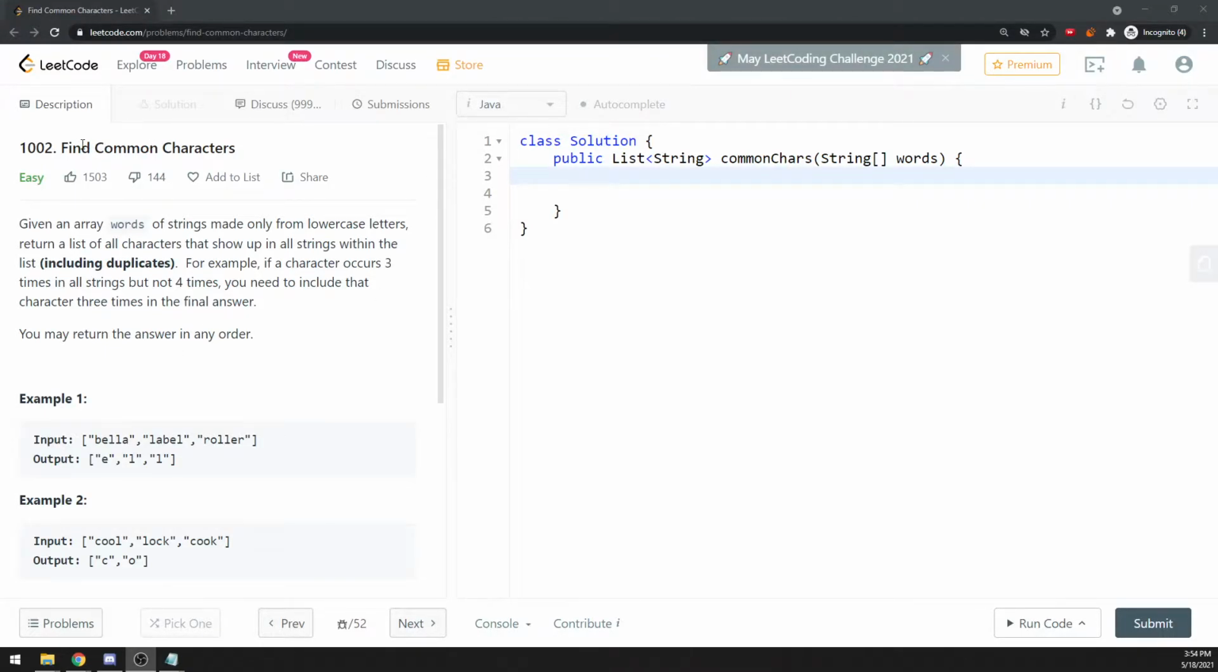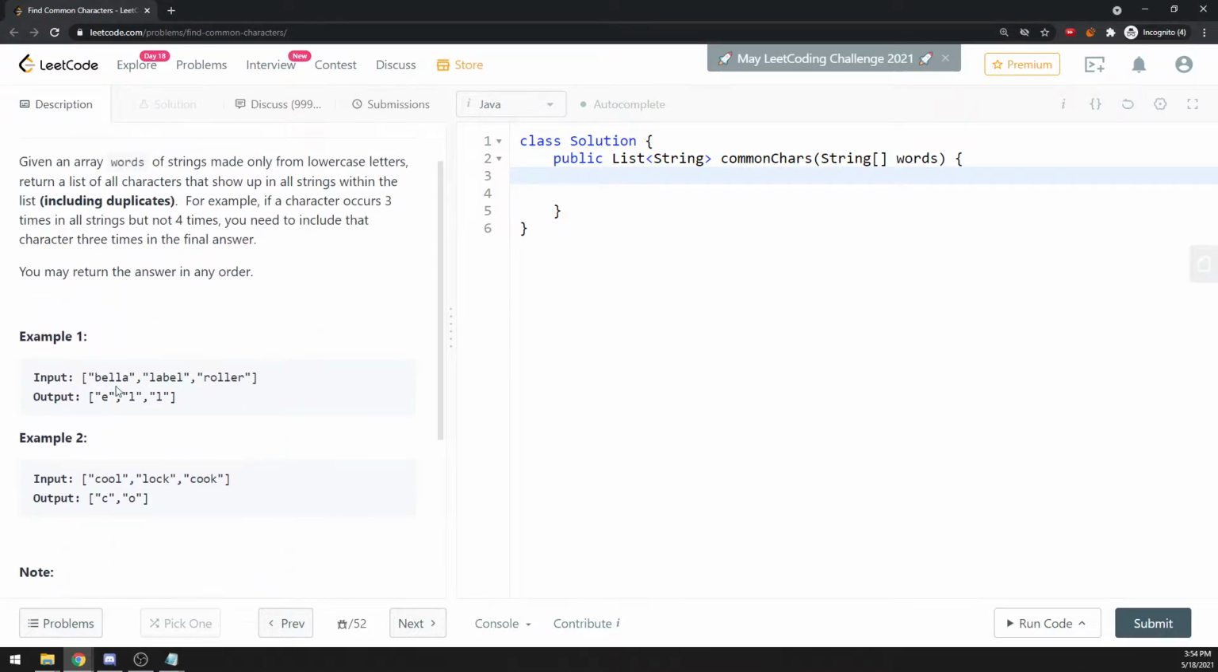Okay, the question is find common characters, and I'm going to summarize the question. I'm not going to read it. The question is actually telling you to find a common character for a given string array, and for each string you store each character and count the frequency. So B occurs 1, E occurs 1, L occurs 2, A occurs 1, and then order it, and then you use the int array for each